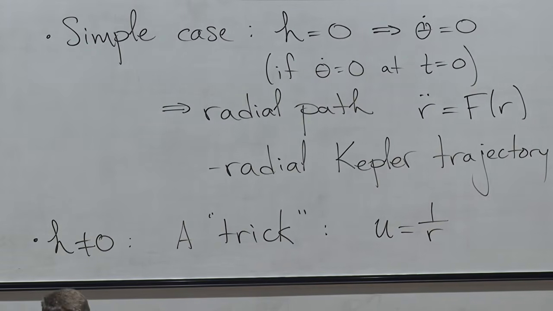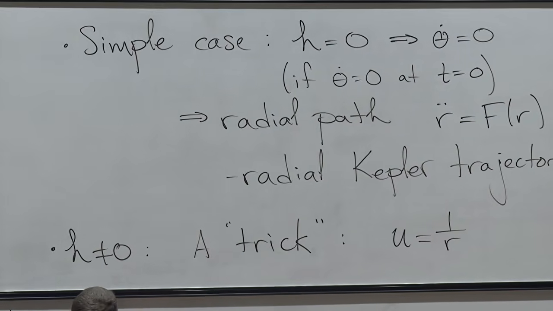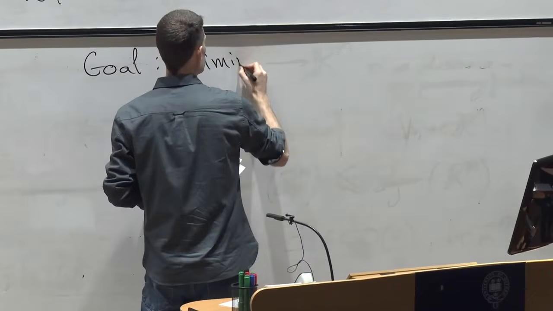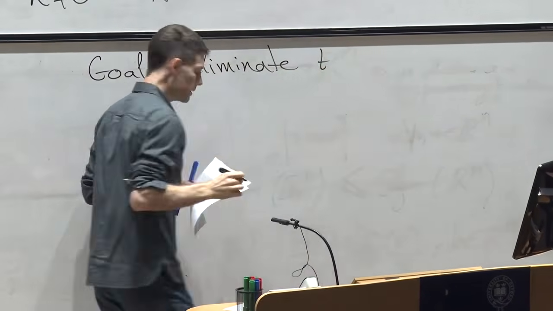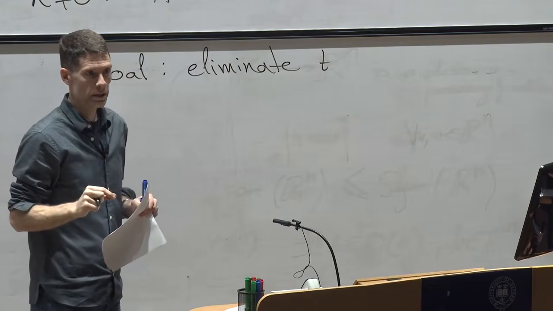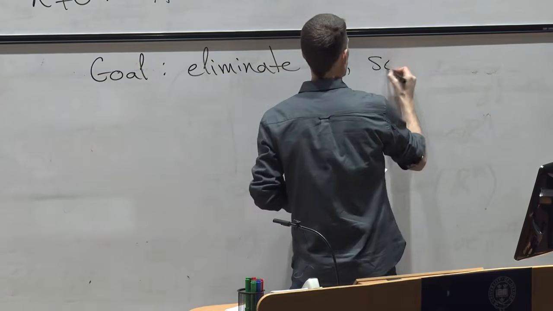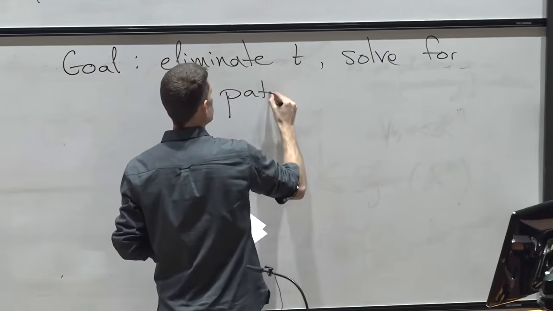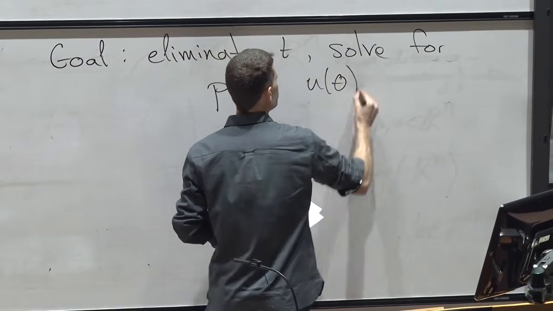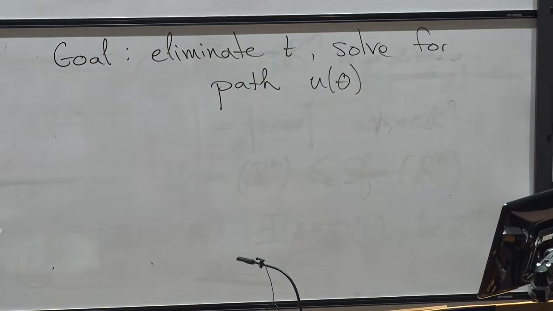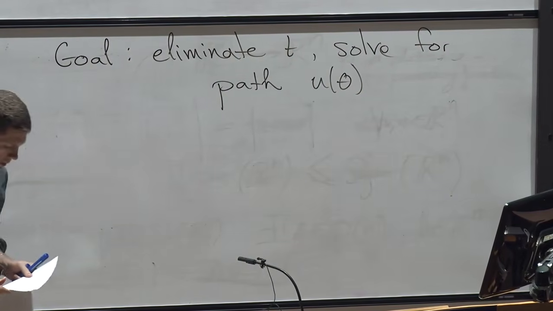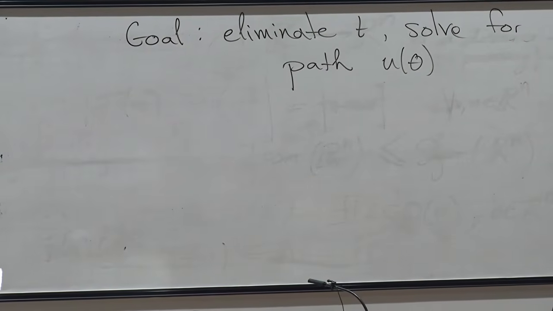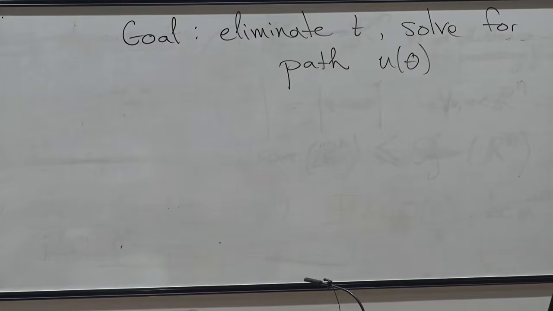I'm going to define u as the inverse of r, and my idea is to eliminate t, make t sort of a hidden variable, and solve for the path as a curve u of theta. So eliminate the independent variable and see if I can get an equation for u of theta. Okay. I think we have just about enough time to see how this trick works,